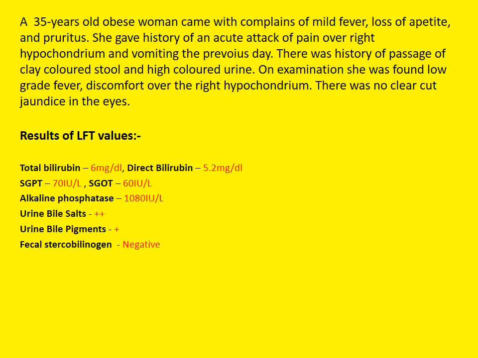say it is obstructive jaundice. It is obstructive jaundice. Here you can see also direct bilirubin 5.2. Okay, 5.2. It is also high. Total bilirubin obviously high. So you can say it is a chart of obstructive jaundice. Next slide.